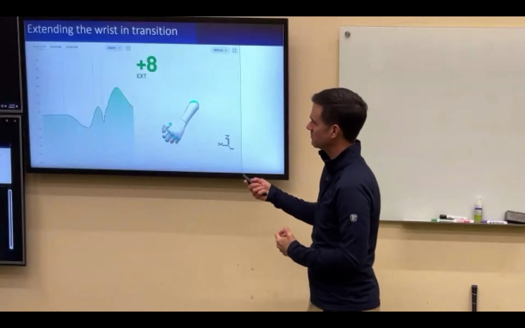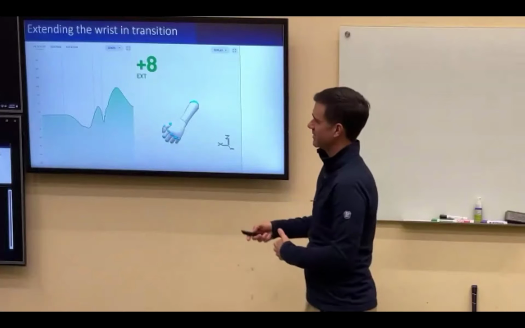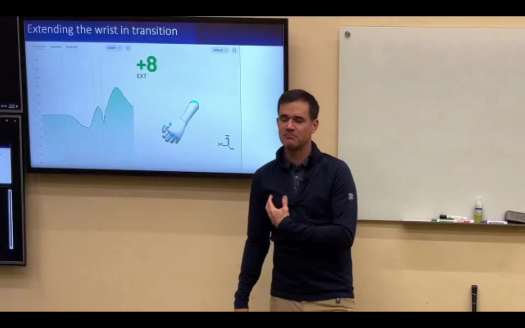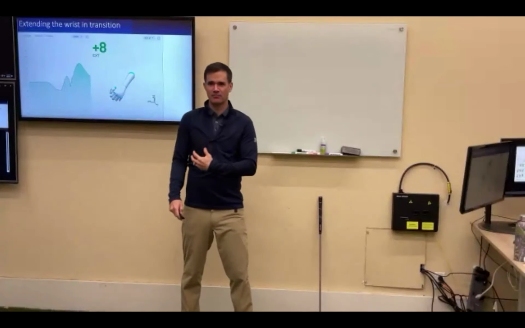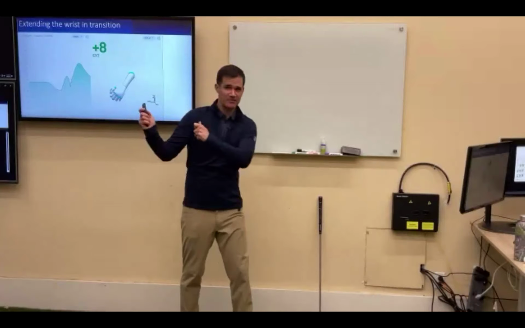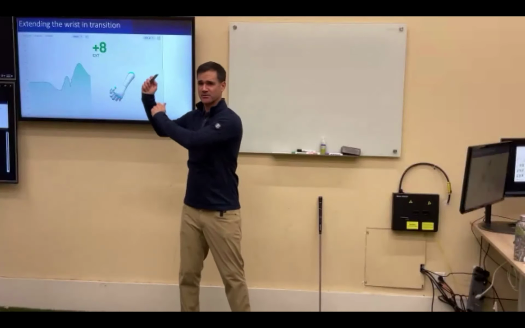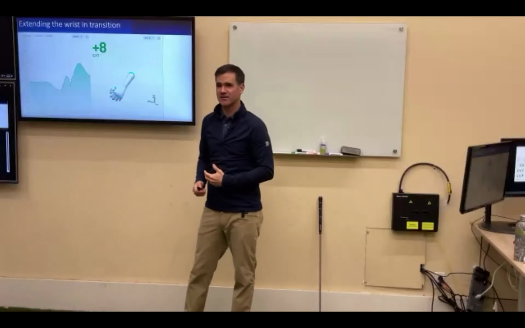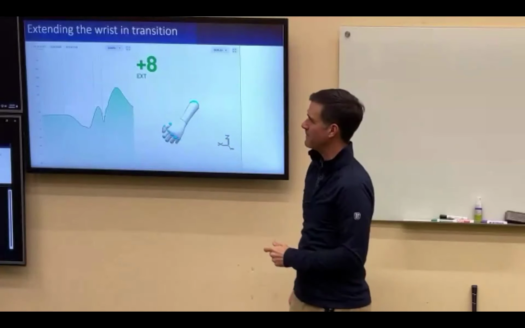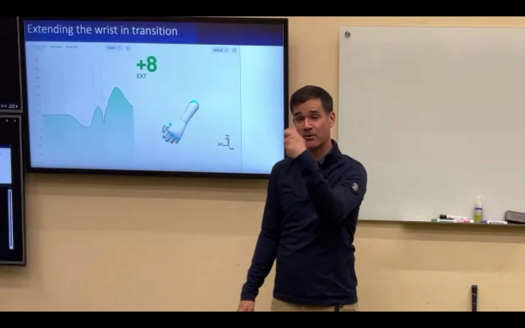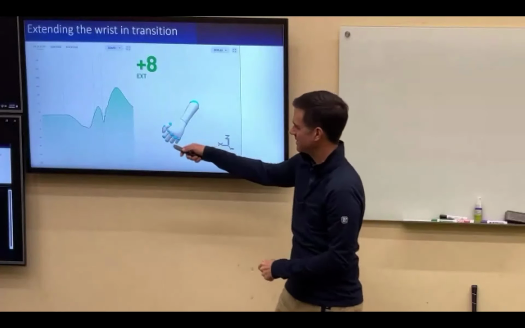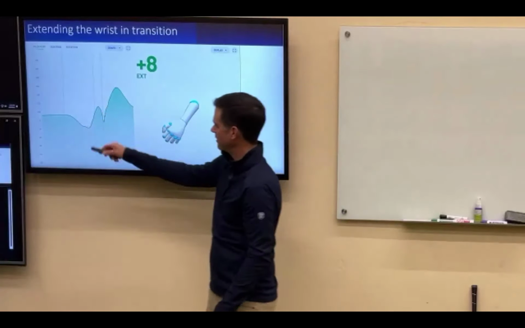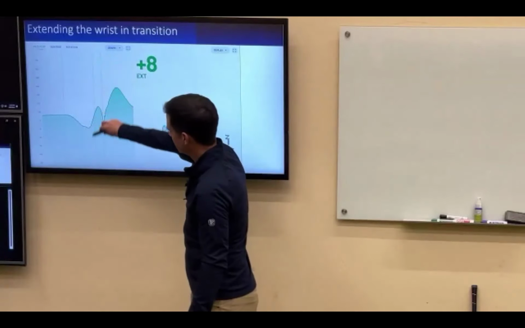So one last pattern is in transition. In transition, most of the problems are going to show up on video as kind of a body pattern of either spinning the shoulders too soon or pulling with the arms, hanging back, some of those things. But the one that will show up the most on the HackMotion sensor is getting extended in transition or not flexing enough in transition. So here you can see this vertical line is the top of the swing, and you'll see it